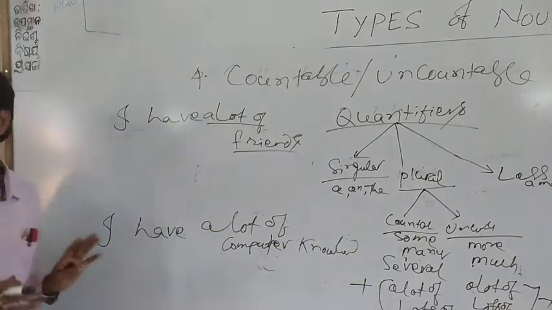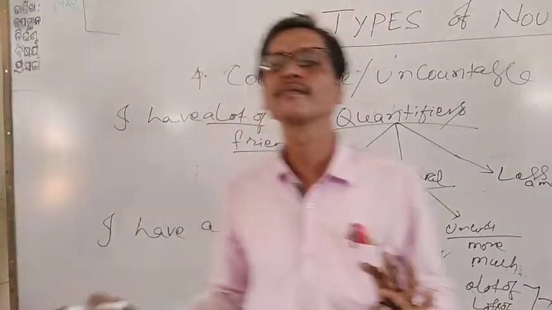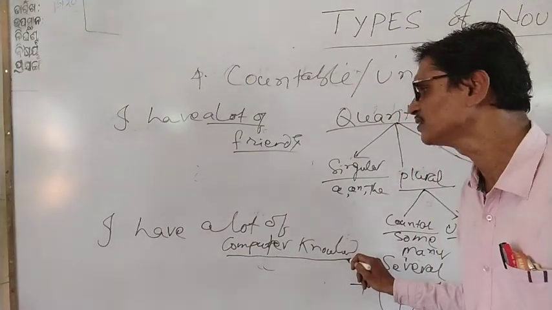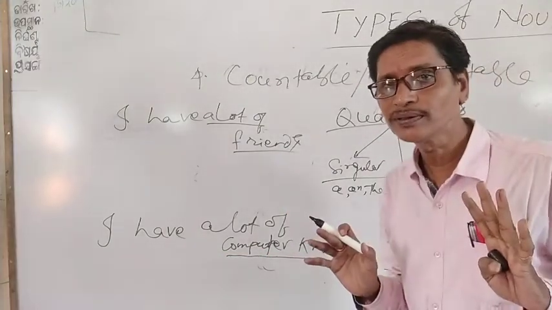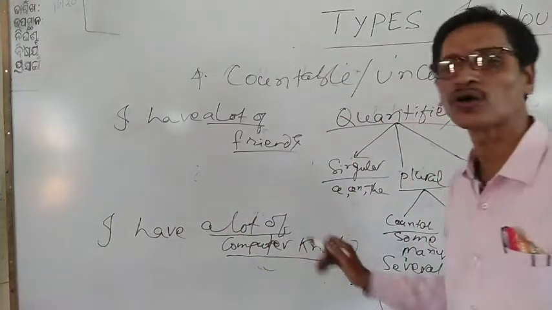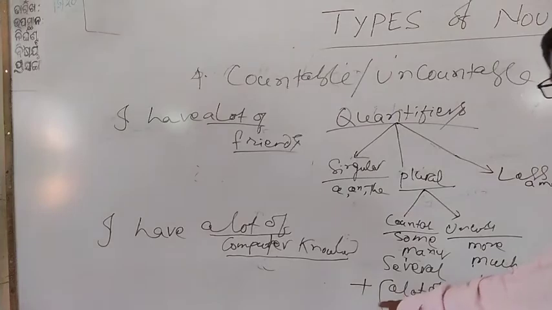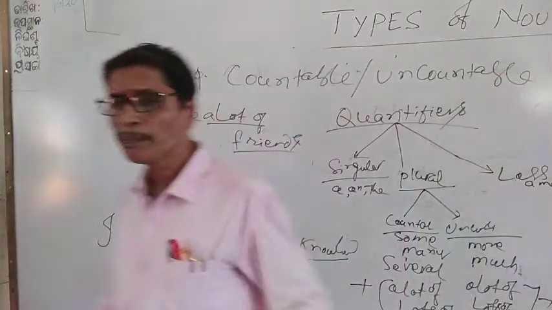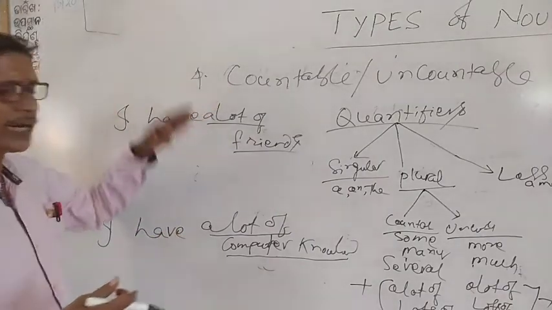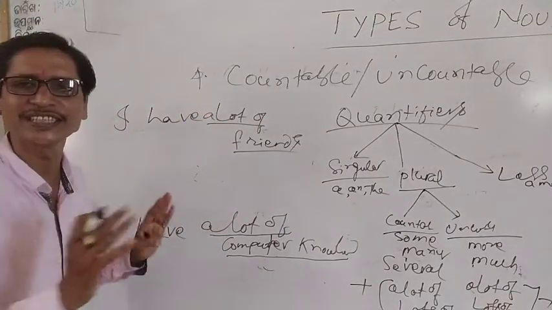I have a lot of computer knowledge. Here, computer knowledge is not countable. It's uncountable. Still, we used a lot of in accordance with this, because in both these sentences, when we are talking about countable and uncountable, they both are positive sentences,